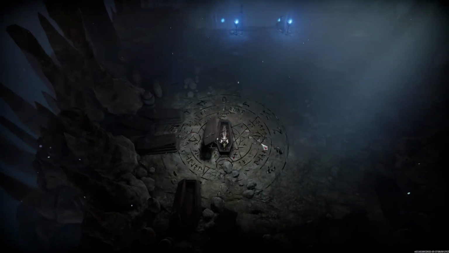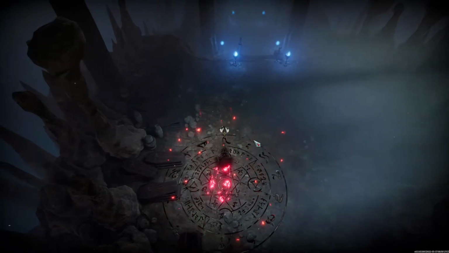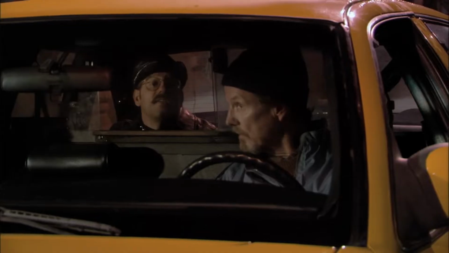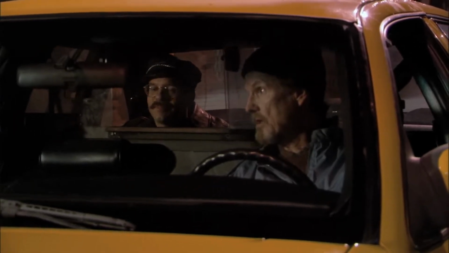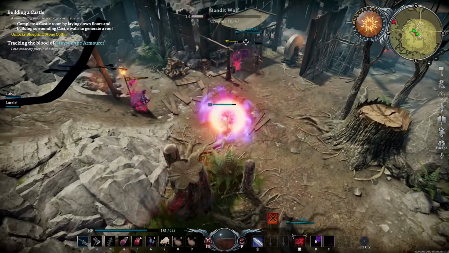So in V Rising, you play as a vampire who awakens from a deep slumber and returns to the world in order to hunt for blood and build your very own Gothic castle. The Gothic Castle. Gothic Castle. That's what I said. Surviving as a vampire isn't easy,